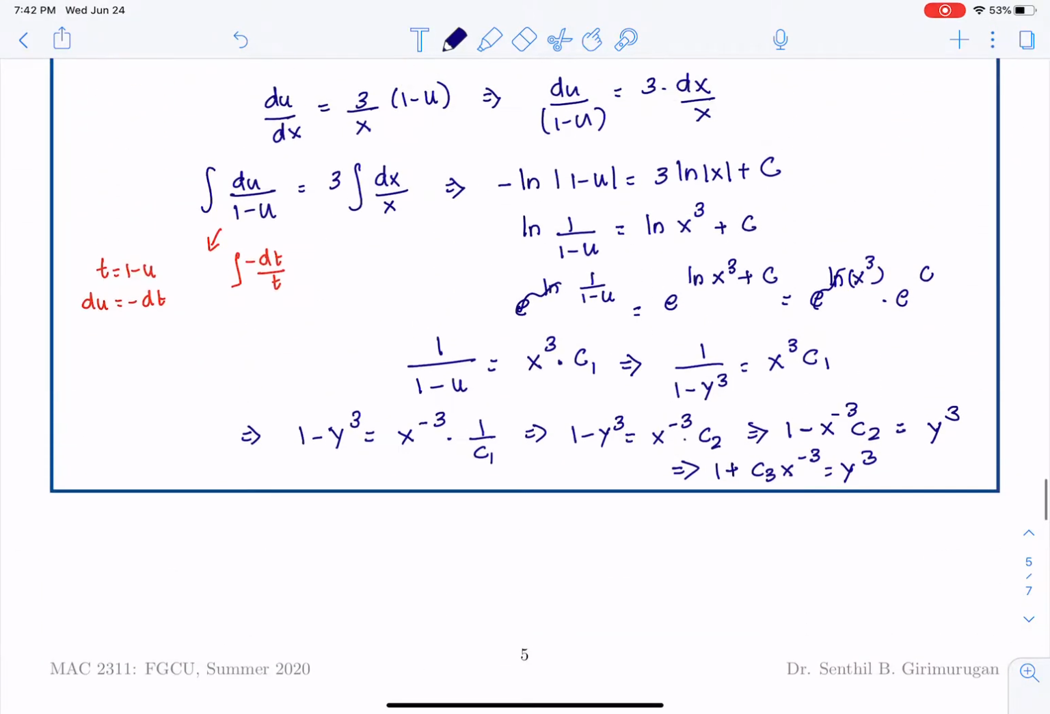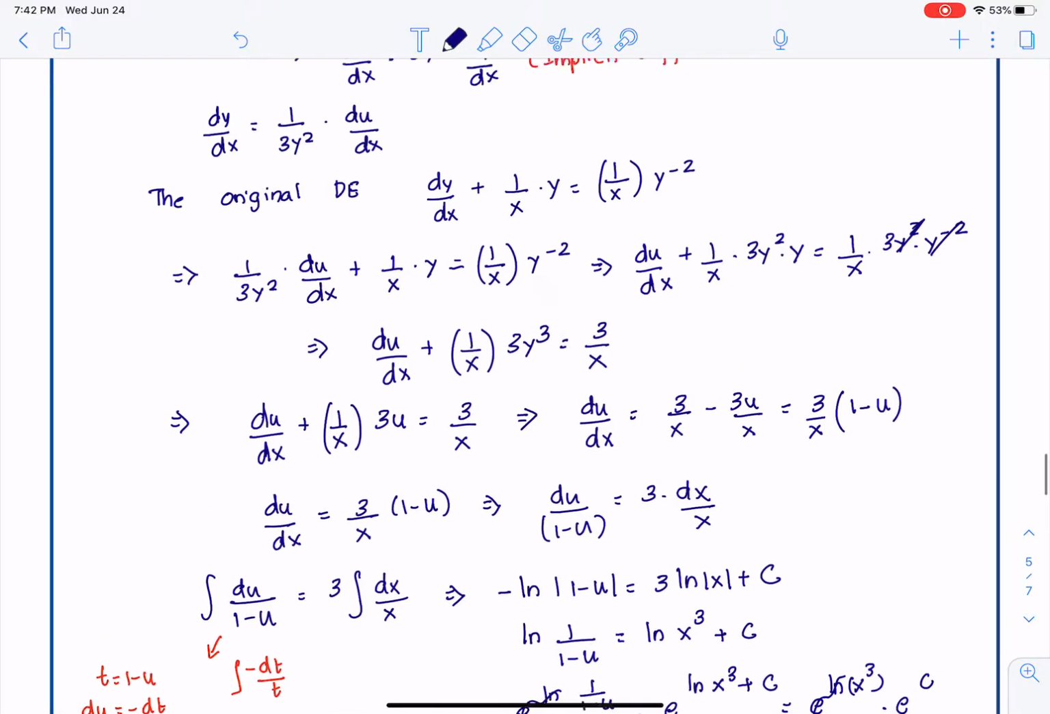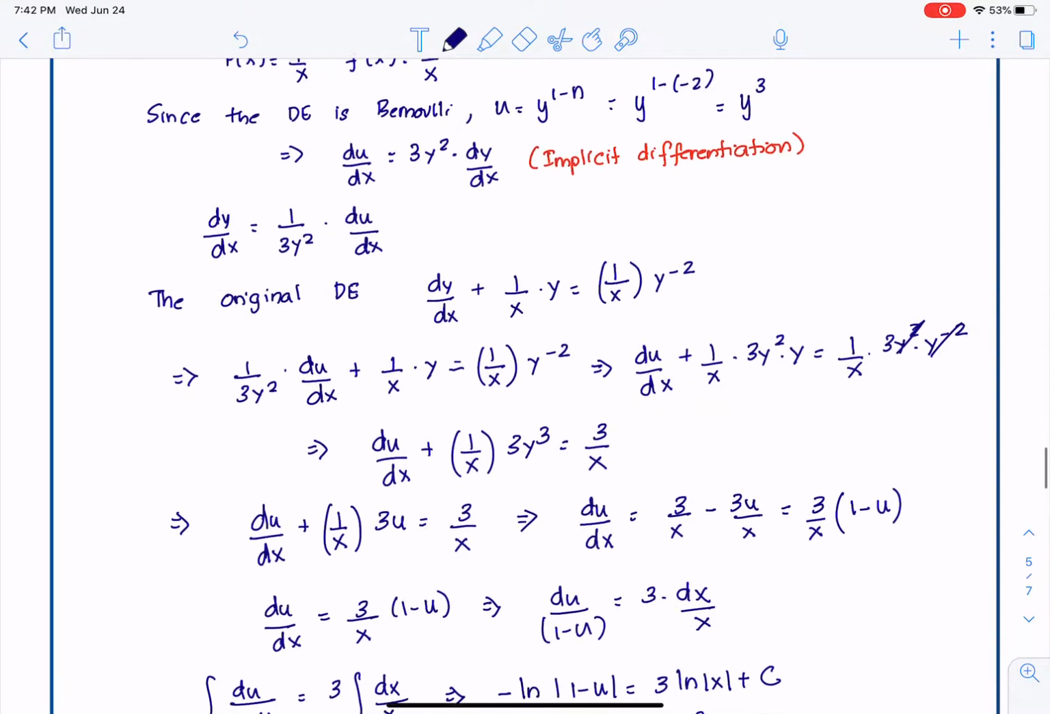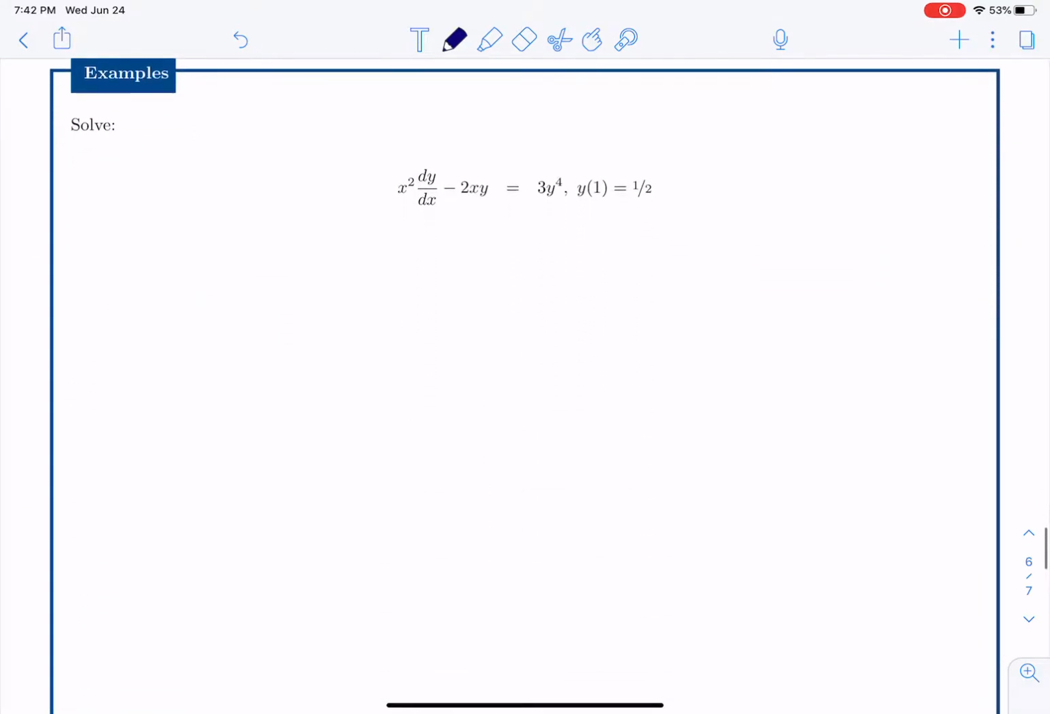Now, key thing to notice here is anytime we start with the Bernoulli equation and make the substitution, at the end of the day, it must reduce to a separable equation or a linear equation. So in this problem, it reduced to a separable equation. In the next one, it is going to reduce to a linear equation. And not only that, this problem is a